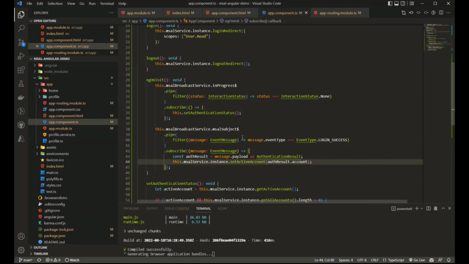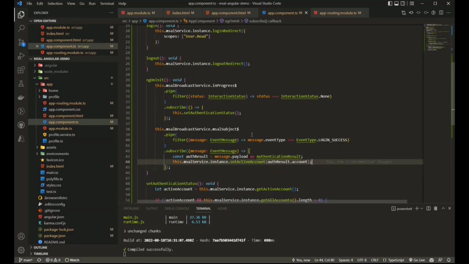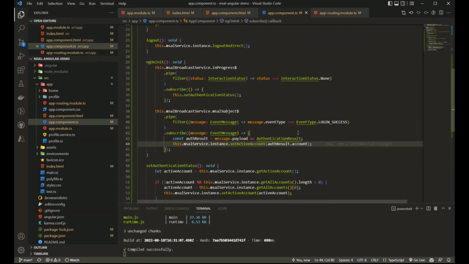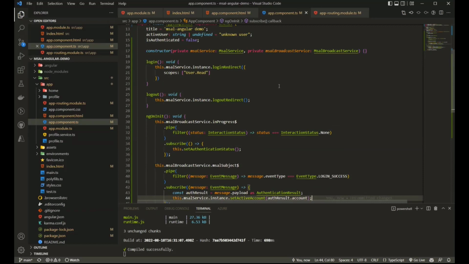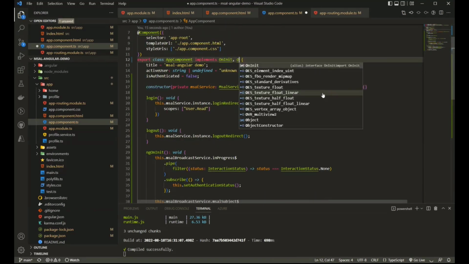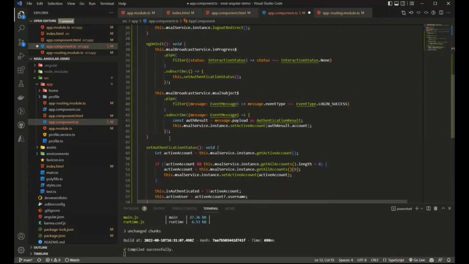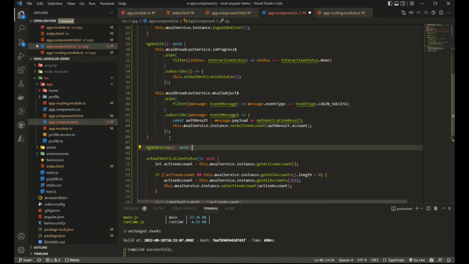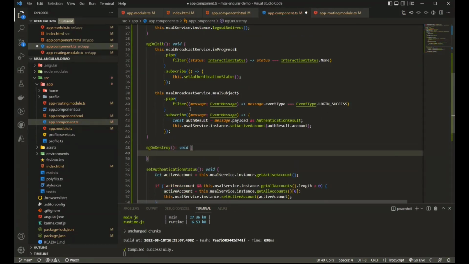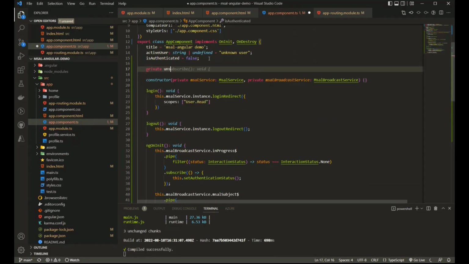There we go. Now, there's one thing very important when you're subscribing to events. You'll have to make sure to unsubscribe them when your component unmounts. And the way to do this is essentially you're going to need another lifecycle event. So this is important, especially for the performance of your application. So I'll define another lifecycle method here. And I'm going to use another observable. Let's call this unsubscribe.